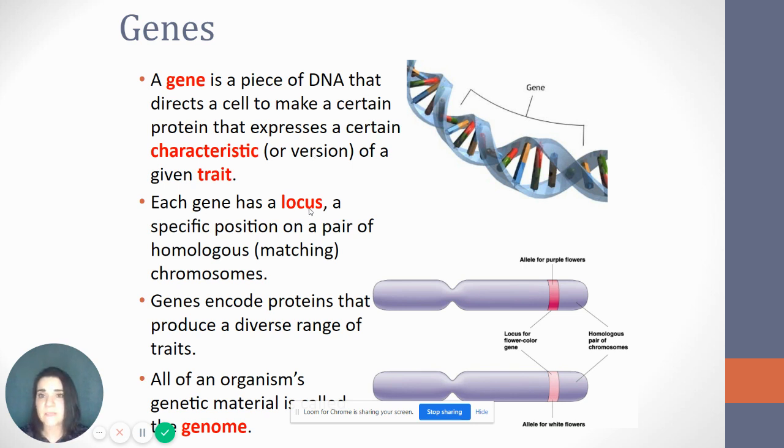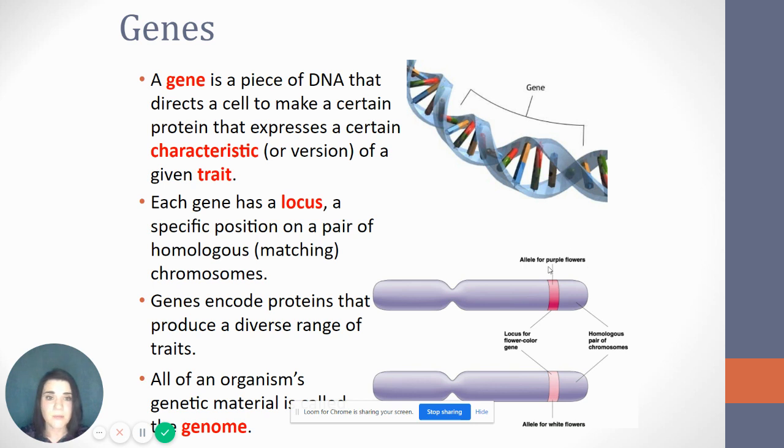Each gene has a specific location, or an address, on a chromosome. That's what locus means. You can think of locus as its location on a chromosome. Each gene has a specific address on a chromosome. So right here, this is the locus for